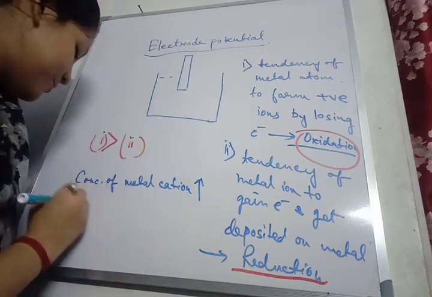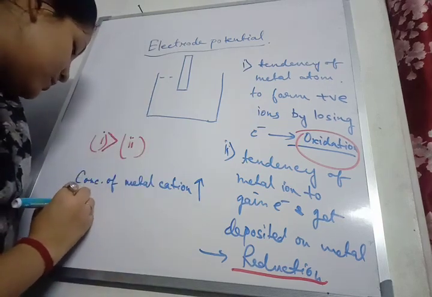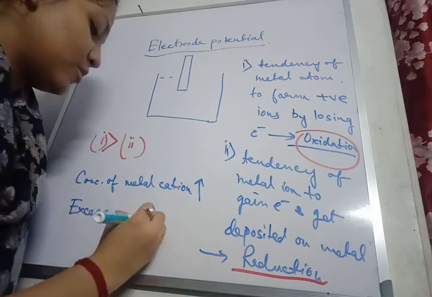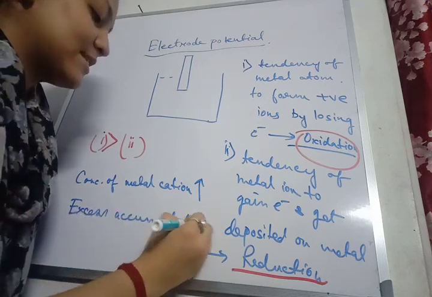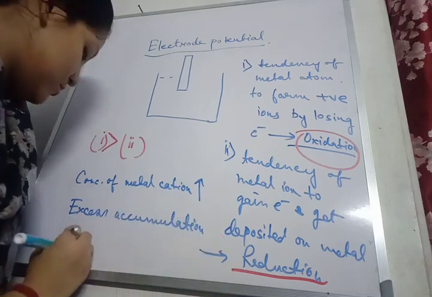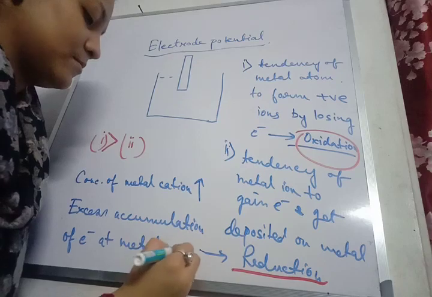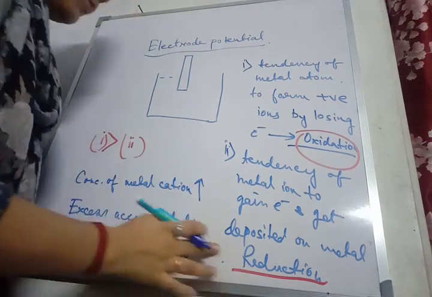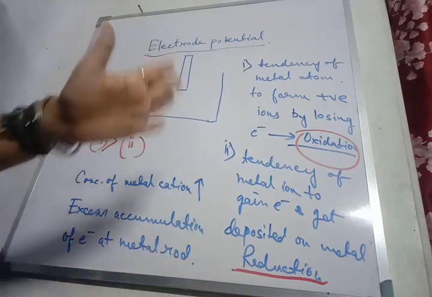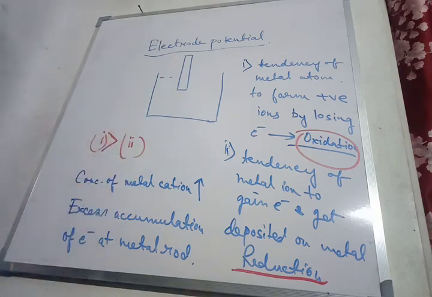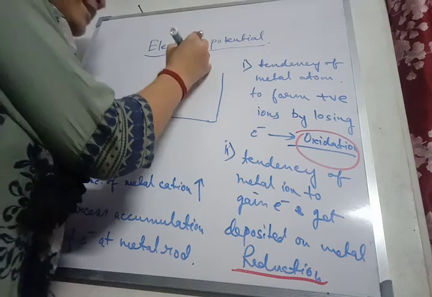And what is the other thing? Excess accumulation of electrons at the metal rod or metal electrode. So this too will happen when the rate of oxidation is more than the rate of reduction. So if this is the condition, then what are we going to observe? There will be negative charge